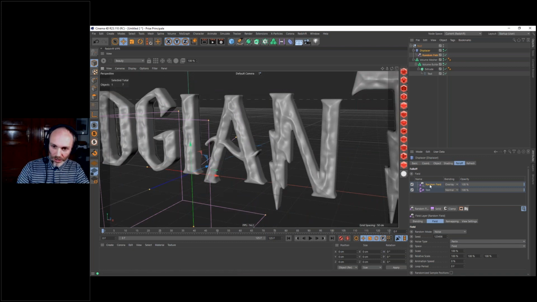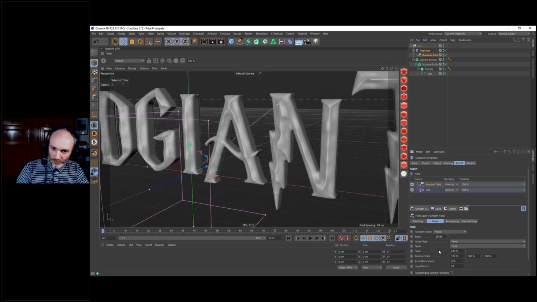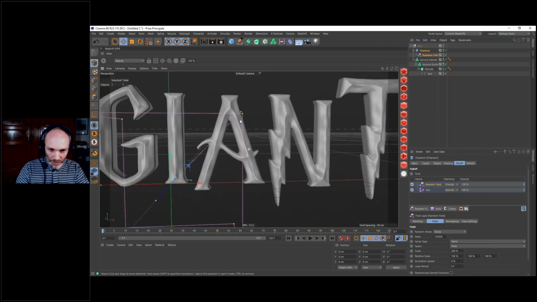And then here you can just have fun with the random field and try to decrease or increase your opacity. You can change your scale. If you have something which is smaller than that, you can increase it. It's going to give you different results.